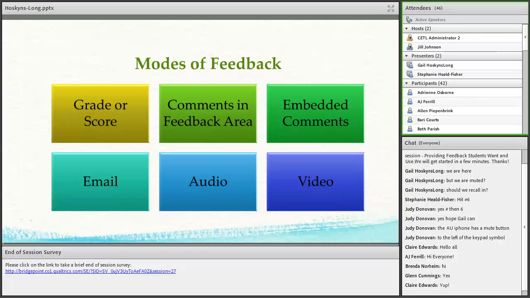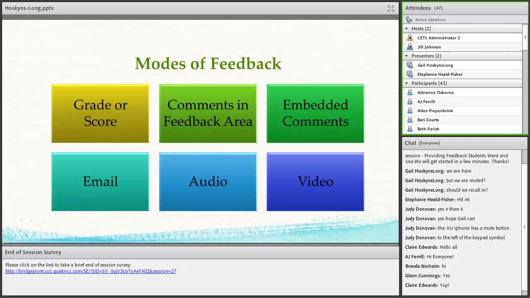These are the 6 modes that we found through our research that instructors were using. As you know, the top row are pretty much requirements for us as instructors at Ashford to use. The email piece was a little bit surprising. We're not used to returning feedback to students in emails, but again, it was a study across the board with other instructors who work in an online environment.